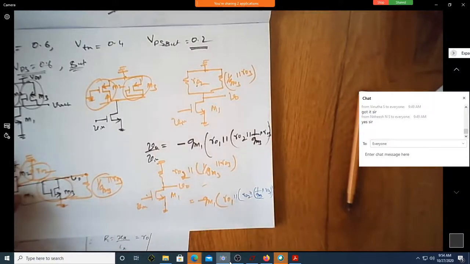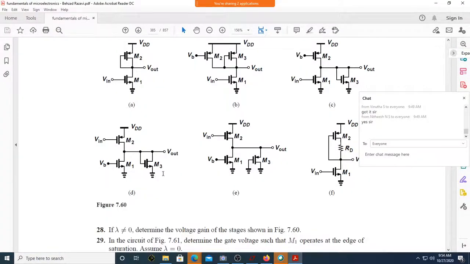Okay, so let me go to this. Now which PMOS transistor is the one contributing GM? See here, in the A, B, C cases, input was applied to NMOS, NMOS, NMOS. Now here input is applied to PMOS. Now the contributor to GM is M2. Can you try to give me the expression for that?